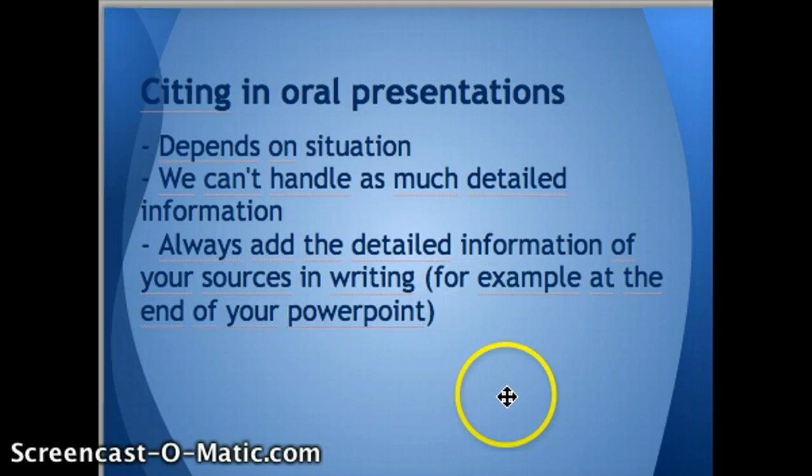But you should always add the detailed information of your sources in writing. For example, if you have a PowerPoint, you could put the sources at the end of your PowerPoint, or in the task that you have now, I want you to give me the link. You can put it in your English folders, for instance, so that I can easily find the information.